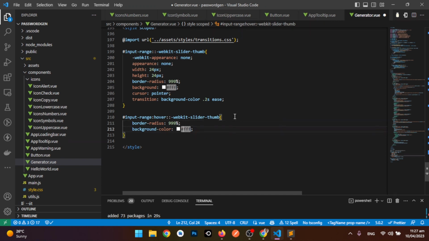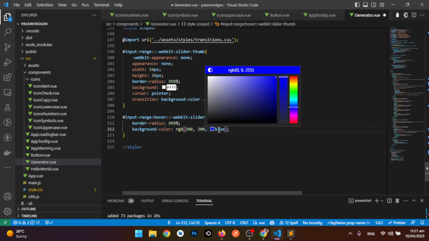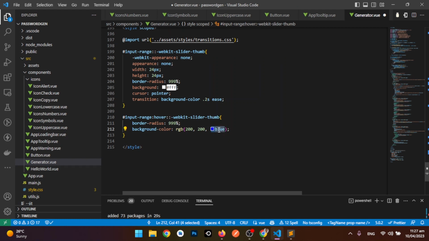Background color, let's not keep it white here. Background color, let's have RGB. It's gonna be like 200 and 200, another 200. All right,